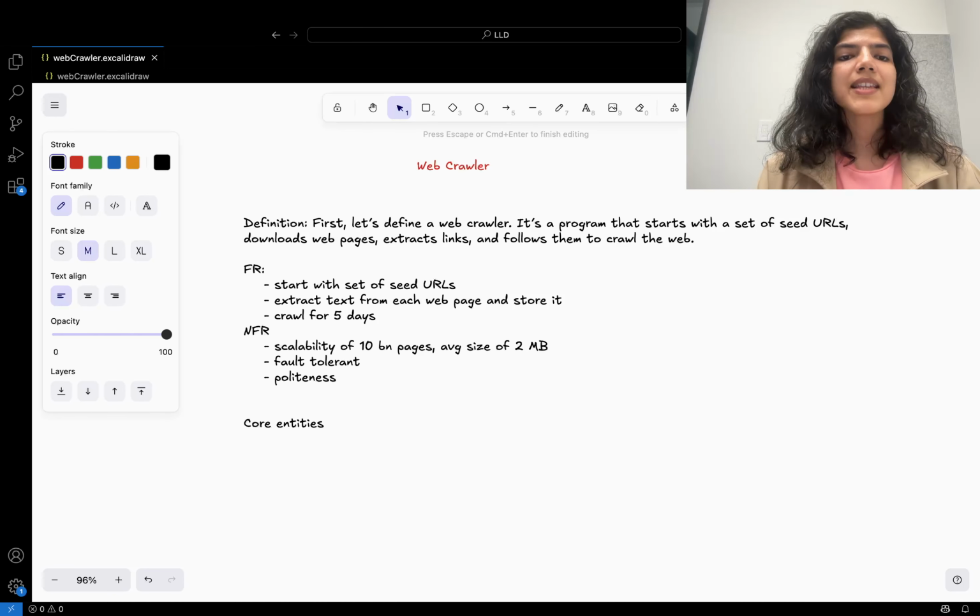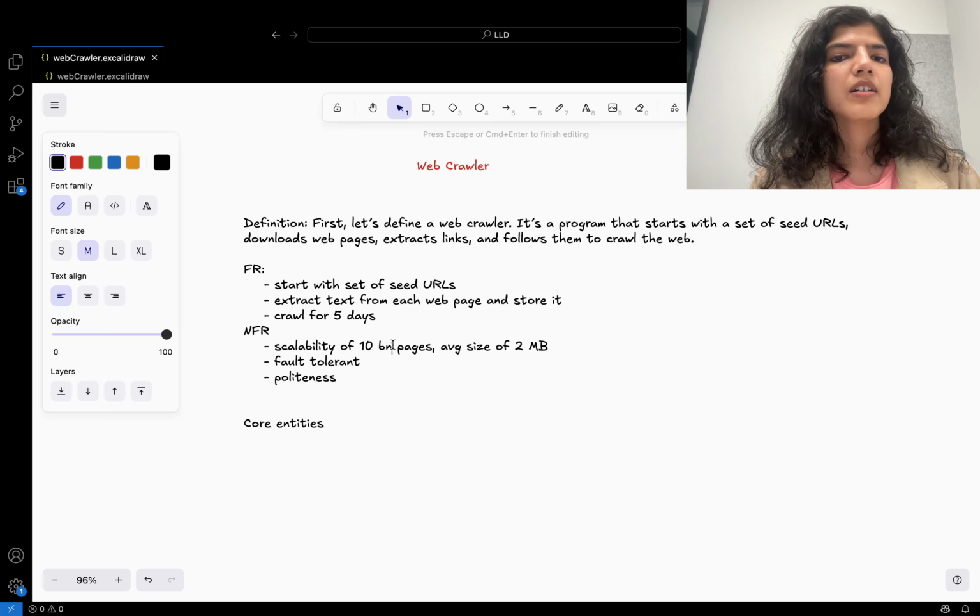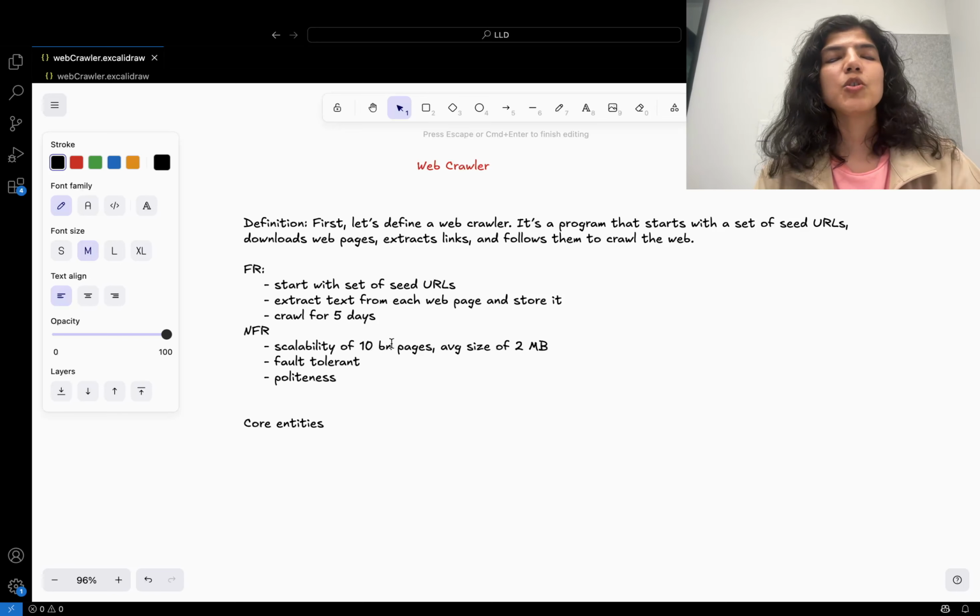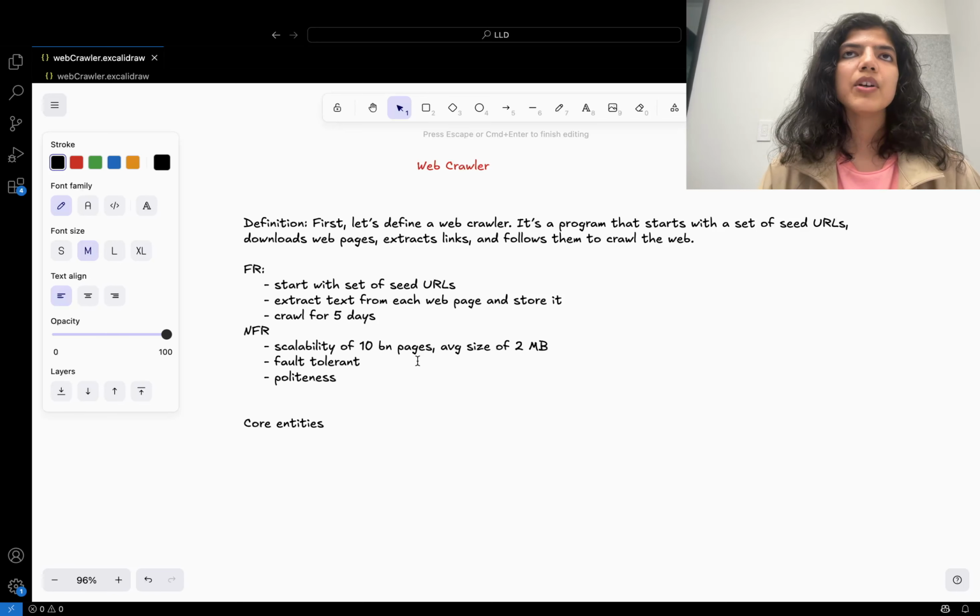When we have that, the second process that we have is defining the non-functional requirements. Basically, when we are talking about NFRs, we talk about the fault tolerance, politeness, scalability, storage, etc., and the traffic that we will be getting. So for this particular video, I have kept the scalability. The system should be scalable enough to handle 10 billion URLs or pages